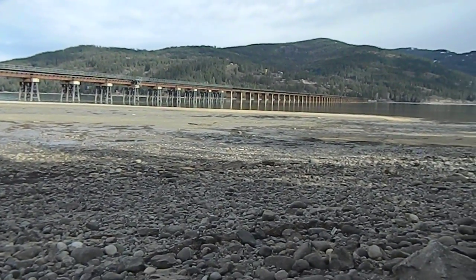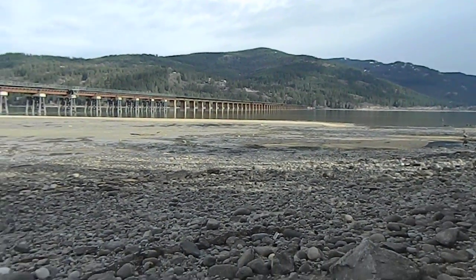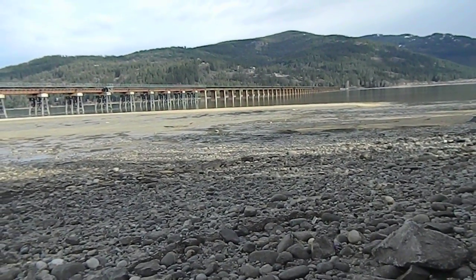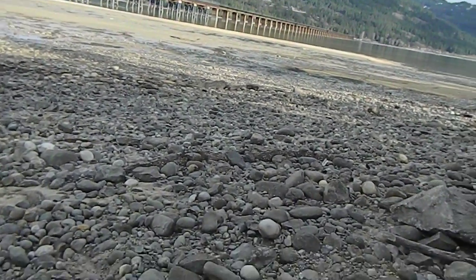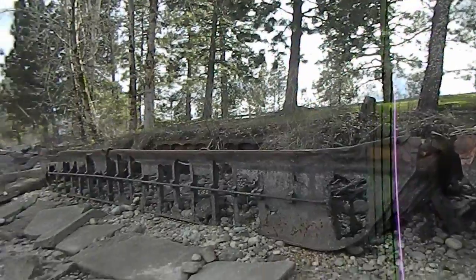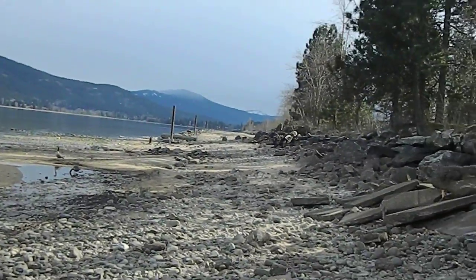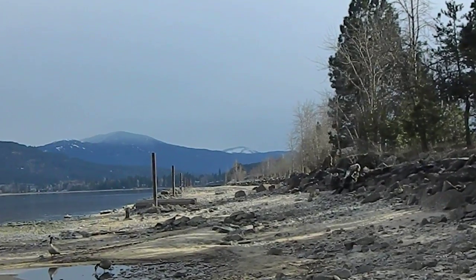So yeah, just kind of another update video on a different part of the lake. That bridge right along here, that's actually for trains specifically. You can hear cars passing by probably. They're not exactly quiet, you could most certainly hear them earlier on the trail. But right up here you can see the railing, and down along all these piers, I'd have to get out farther to show it, but you can just barely see it